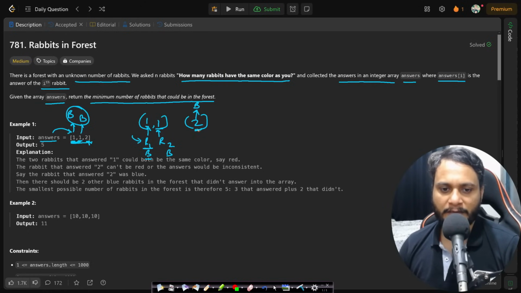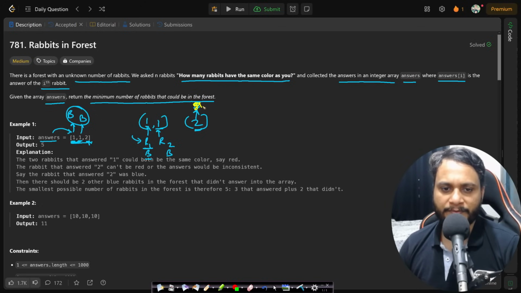Even though it looks correct in one direction, like if you look at R3 and ask, are there two other blue rabbits? Yes, that is true, but the other way around is not correct. For R1, if you ask, is there one other rabbit with blue color? No, there are two other rabbits, right? So that will become inconsistent, and that is why if you assume it to be any color, let's say I assume it to be green,